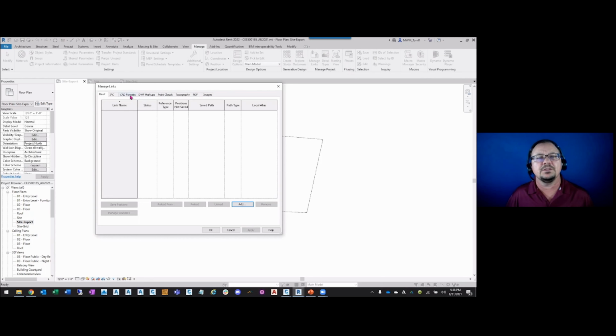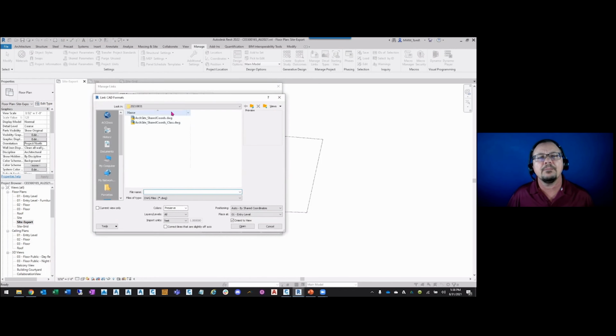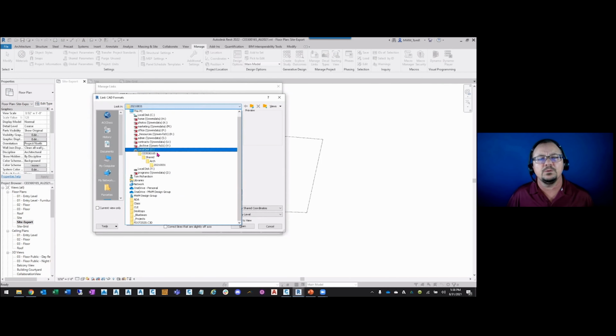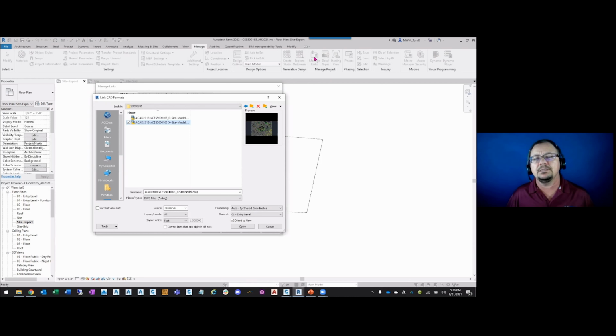This time I'm going to go to Manage Links, CAD Formats, click Add. Going to locate those files again. Now it says Auto by Shared Coordinates. It may have been because we went through the Insert tab instead of the Manage Links location.